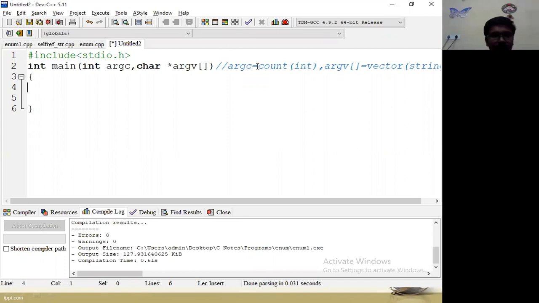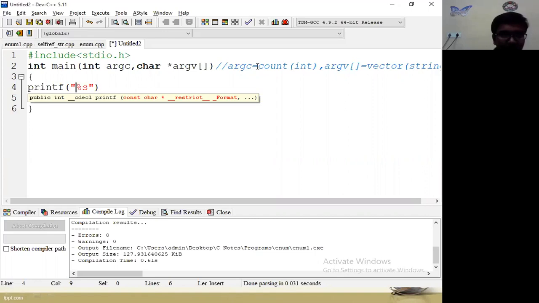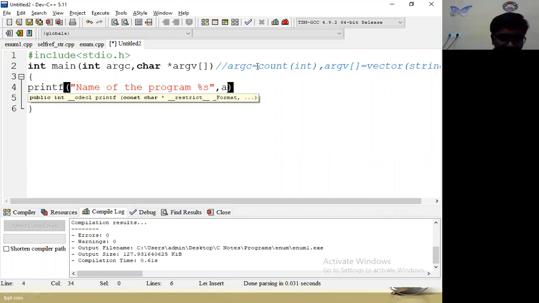So first you have to follow my instructions. printf, percentage s, name of the program, argv of 0.